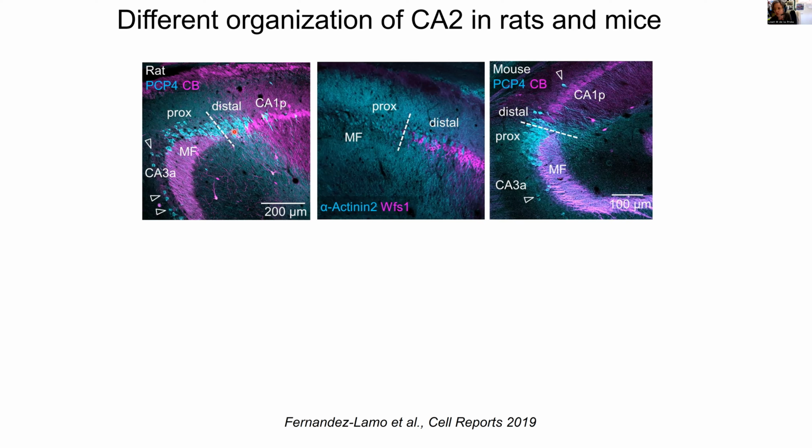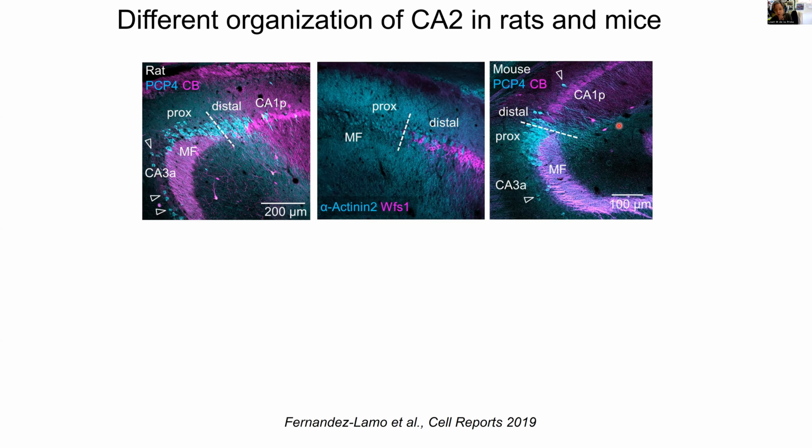And the distal region was not receiving the inputs from the dentate gyrus, whereas the proximal had. We also noted that some PCP4 cells in the rat were located in deep locations in the CA3 area. And we always suspected that these cells are actually CA2 cells, probably because of how you make the cut, penetrating in this direction,